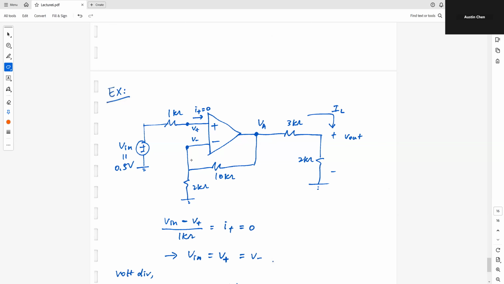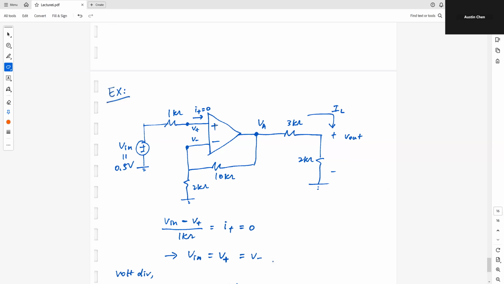All right, so then what I'm going to do here is first write an equation at the input. I'm going to take V in minus V plus. The idea is that I wanted to understand the relationship between V in and V plus. One way I can do it is to write this equation. This equation here is based on knowing that the current I plus going into this